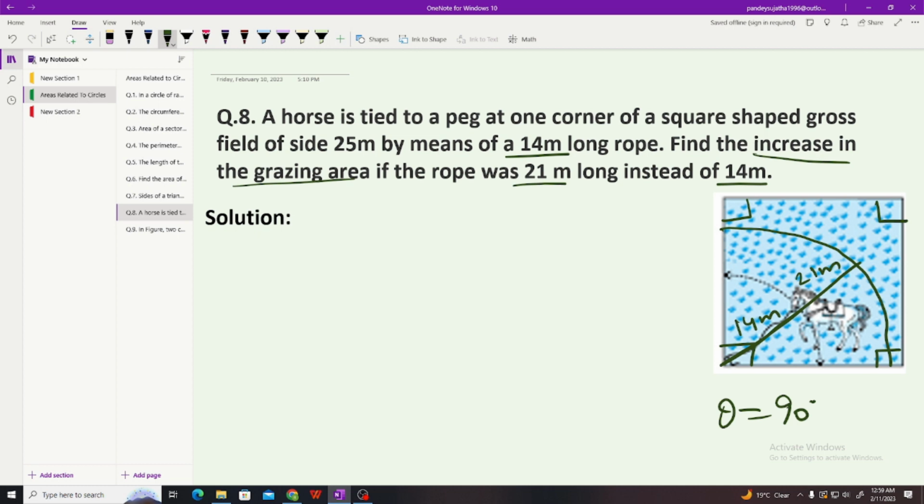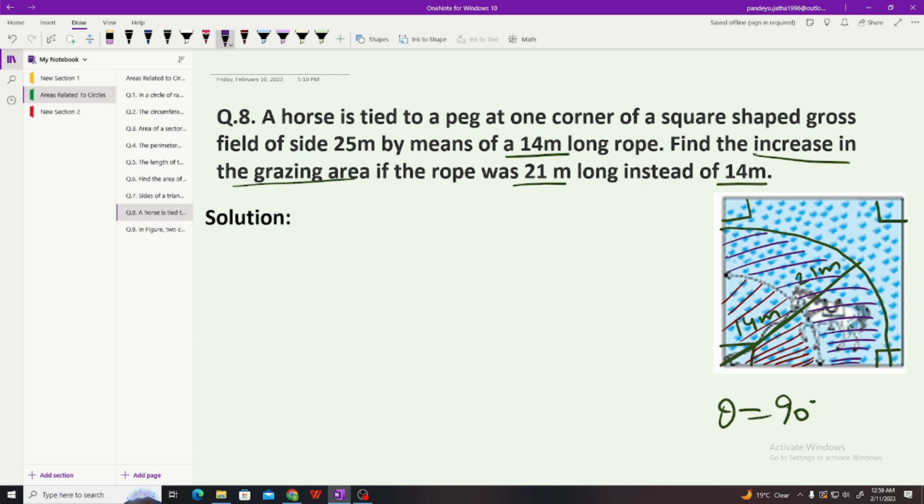Earlier the horse was grazing only this much area. Now since the length of the rope is being increased, this is the increase